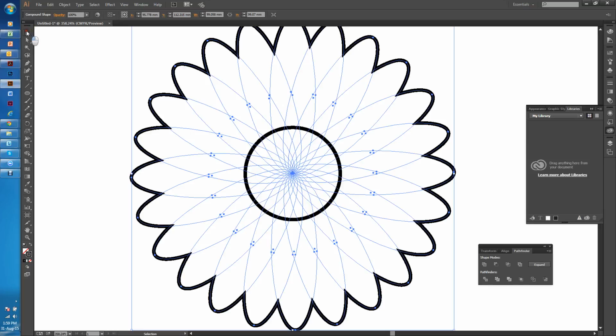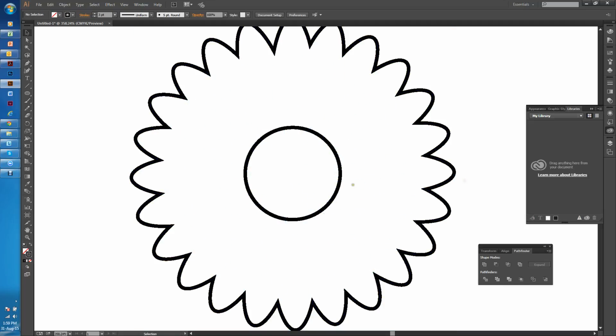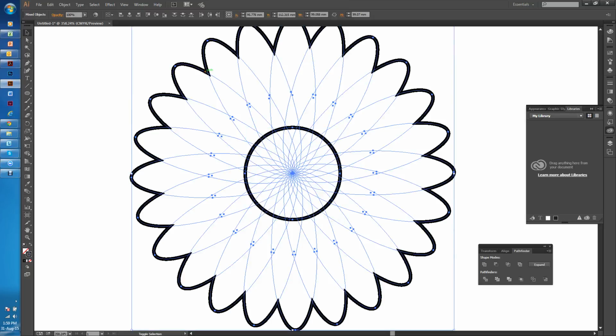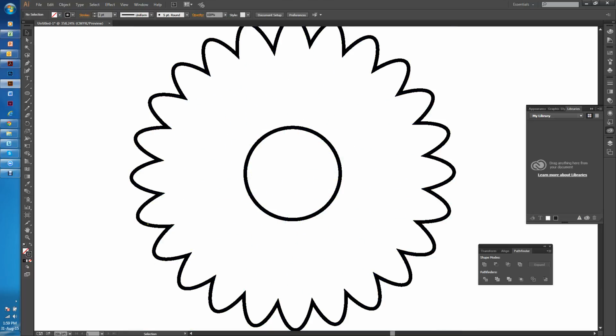Next we're going to select both the external shape and the center ellipse, and make sure that the ellipse in the center is sitting on top of your flower shape. Mine is because I drew it after the other flower, and I'll select the two of them, and then I'm going to minus the front, so I'm going to subtract that from the front, and I think it's this little option here. I'm going to minus the front, and now that's become part of the overall shape of the flower. So if I click on the flower itself,